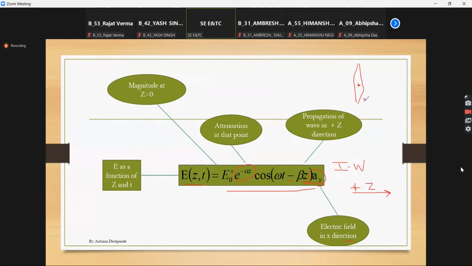सो शुरुआत का कौन सा प्लेन होगा? z is equal to 0, जहां पे अटेन्युएशन 0 होगा. उसके बाद अटेन्युएशन चालू होगा. z is equal to 1, z is equal to 2. यहाँ पे तुम्हारा एक्चुअल में अटेन्युएशन वेव का चालू होगा. This is z is equal to 2. So E0 plus indicates z is equal to 2 में उसका एम्पलीट्यूड कितना है. So this is the amplitude at this particular point, and this point lies in z is equal to 0. Okay, so